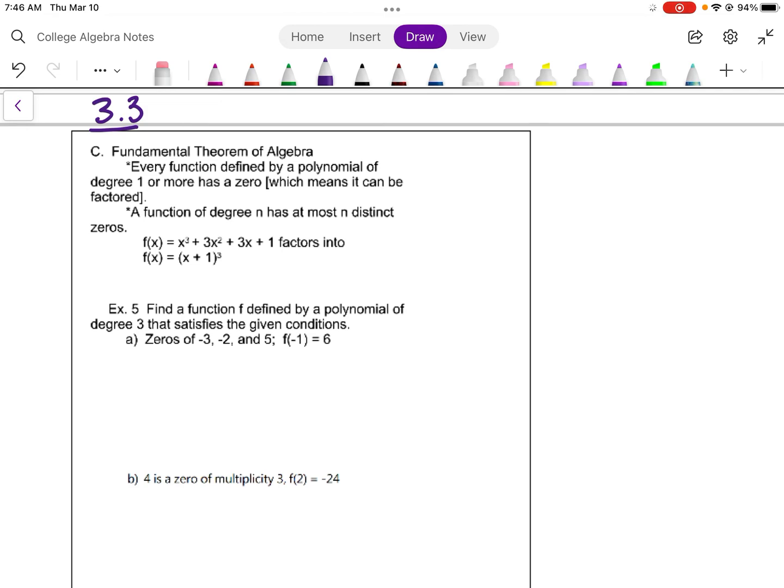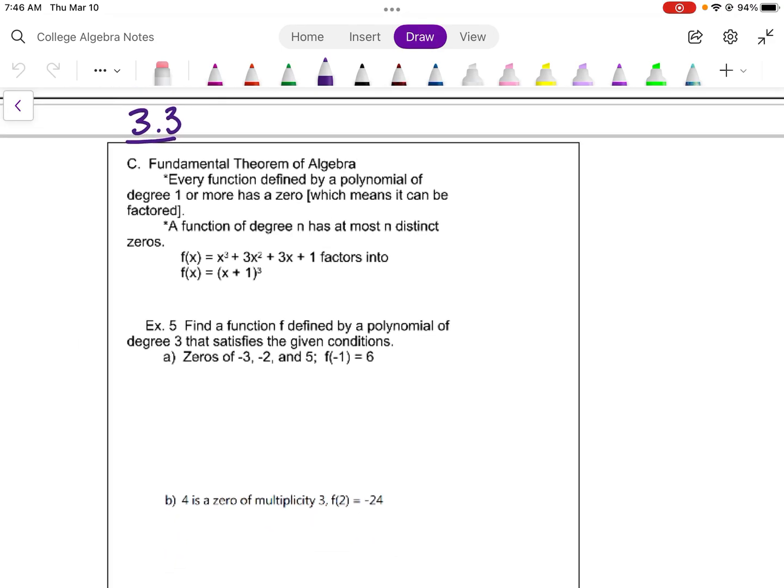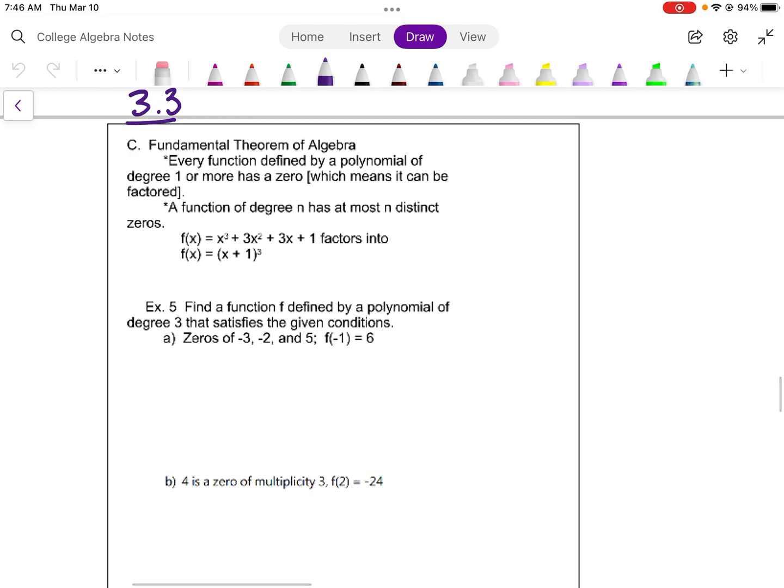And so we start off with the fact that we use the fundamental theorem of algebra. So we talked a little bit about this yesterday, that the degree of the polynomial is going to tell you a few things. It's going to tell you the most number of zeros that you're going to have for the polynomial and the most number of factors. So for example, we have x to the third plus 3x squared plus 3x plus 1. The degree is 3, so I'm going to have at most 3 factors, at most